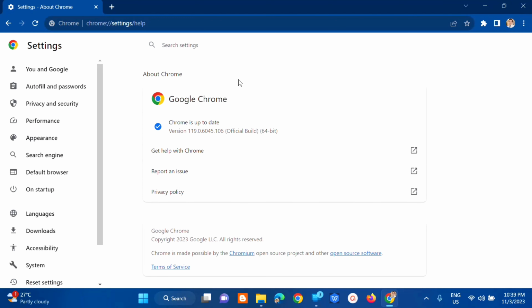And then mga kaibigan, makita nyo dito na napakabilis lang yung pag-update. So wala ka nang ibang gagawin dito kundi i-click mo lang yung about Google Chrome. Automatic po yan na mag-update. And then ito yung bagong version ng Google Chrome: 119.0.6045.106 official build 64-bit. Ayan, so ganun lang po kasimple mga kaibigan kung paano natin i-check yung version at i-update